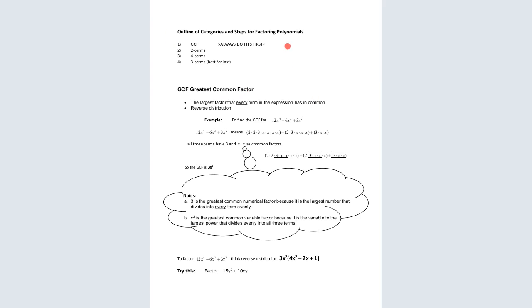And this thing, you need a big exclamation point here because you should always keep an eye out for that. And that's your first step also in anything you do. Okay. So in this example they've given you, for example, 12x to the fourth, 6x to the third, and I'm